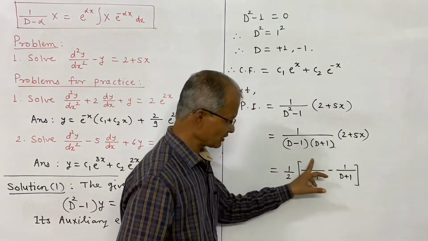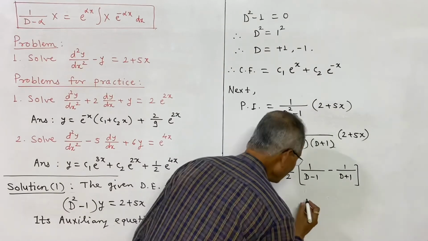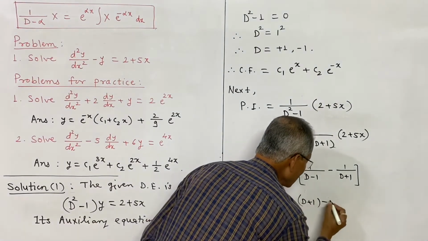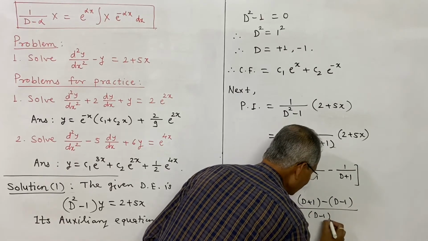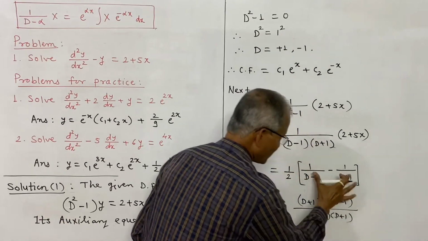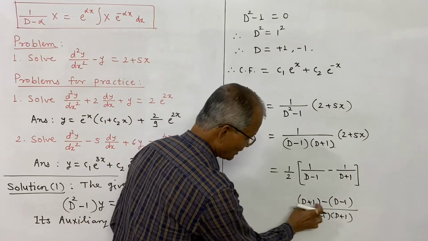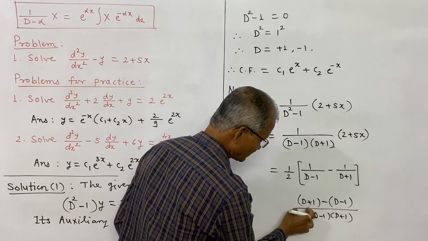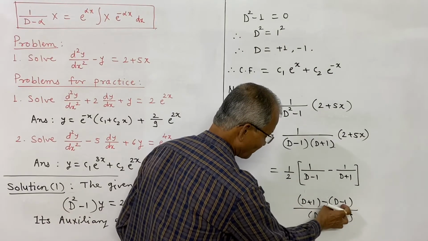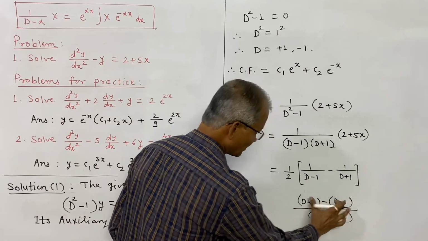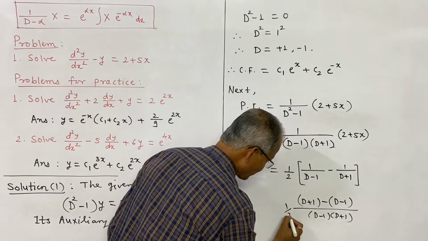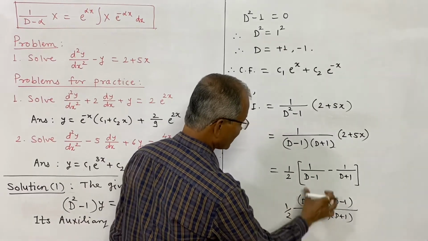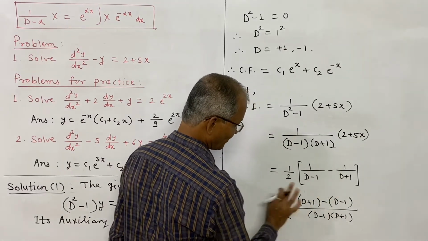Because it is d plus 1, the numerator will be d plus 1 minus d minus 1, and the denominator is d minus 1 into d plus 1, the subtraction of this. And what is the value of the numerator? This d cancels and plus 1, plus of minus is again plus 1, that is 2. So this 2 is cancelled by writing 1 by 2 outside, and thus the value is exactly the same as this one, only this denominator remains.